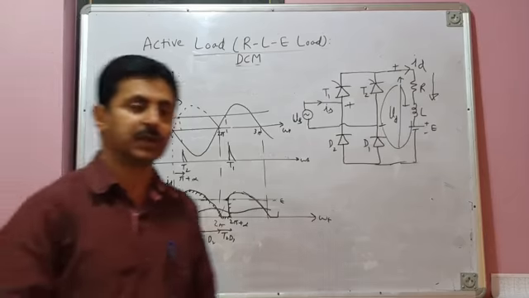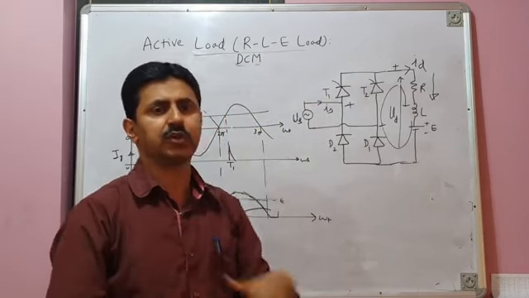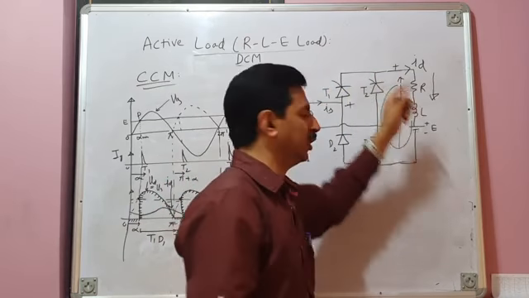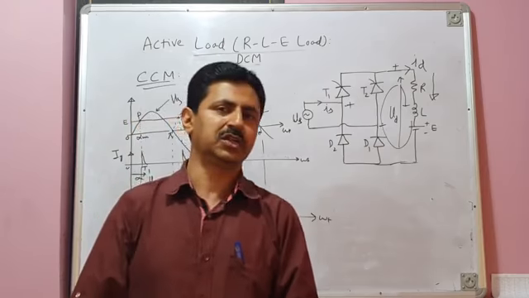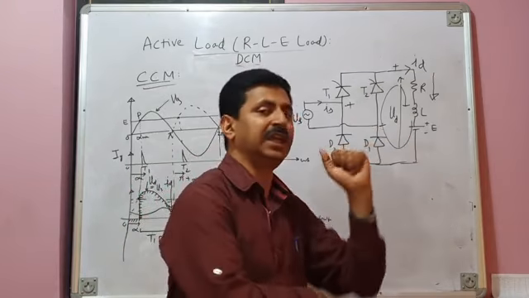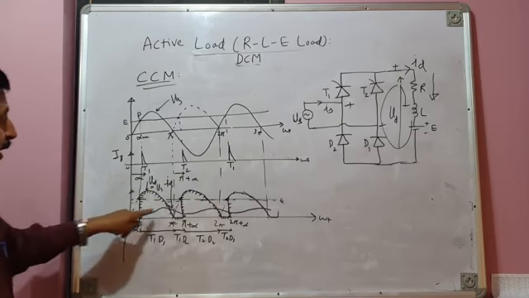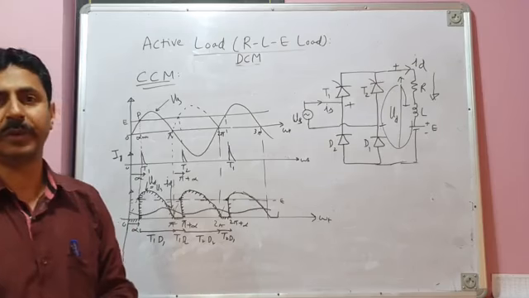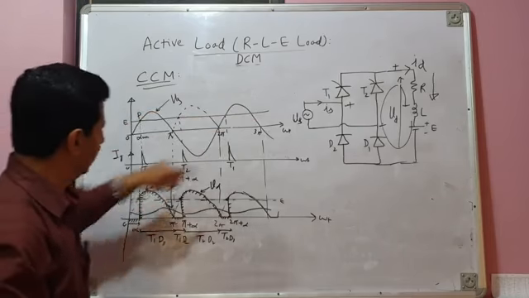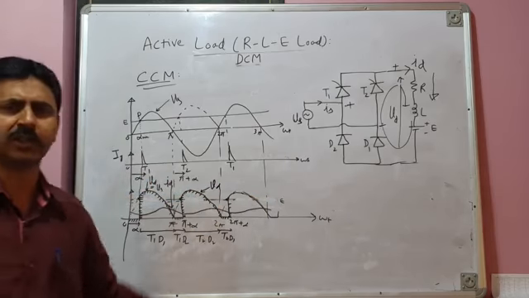So therefore, since load current is continuous, the load is either getting connected to the source and receives source voltage, or the load freewheels through T1, D2 or through T2, D1, and during the freewheeling action, load voltage is 0. So therefore, this load EMF E does not show its presence at all in the load voltage waveform when the continuous current mode of operation is there. So this is your ID and this is VD. You can see although E is there, this E does not appear at all in the load voltage.